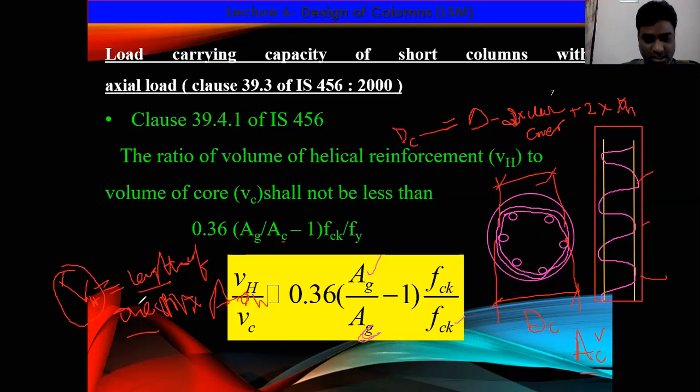So that is pi into, let us say, DCC, or you can give any name, but you should remember the concept is you need to consider the center to center distance. This is for calculation of the length of the spiral. Pi d is nothing but this one. You can say dh, no need to confuse. So pi into dh.